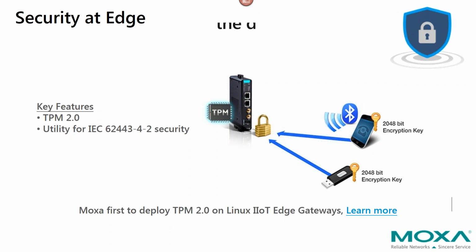In addition, we understand how critical it is to secure end devices. And we believe Moxa was one of the first to deploy TPM 2.0 on an ARM-based Linux IoT Edge Gateway. This is available today, and we can share a white paper if you'd like to learn more. To connect back to Chris's point, this is really the secure element promise, or the middle bucket within his security architecture. We also know that customers and suppliers can't stop here.